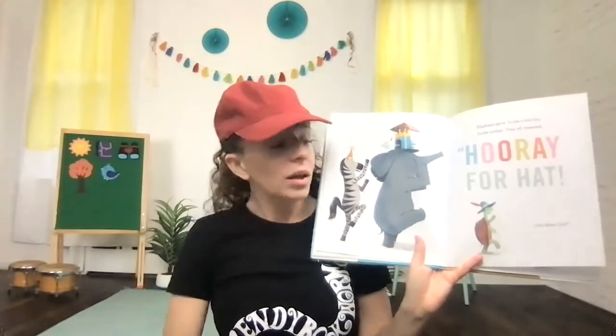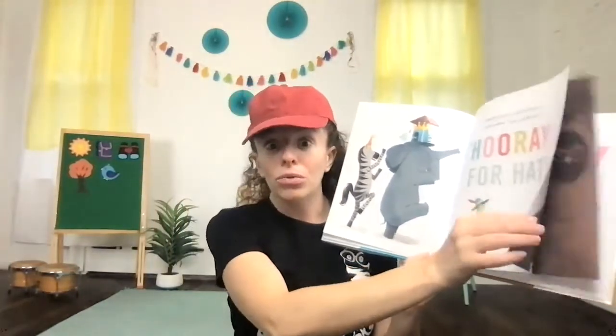Now, if you have your hat, you can put it on your head and you say, on my head, I wear my hat. It is such a silly hat when my head wiggle wobbles to and fro. Where else should my silly hat go? Well, it looks like it might go to